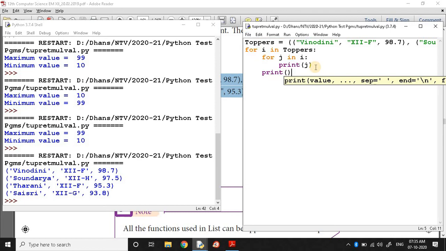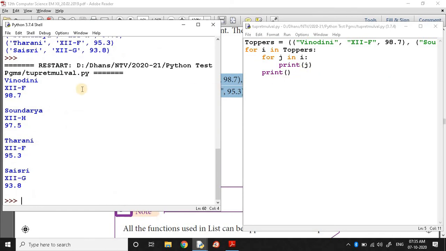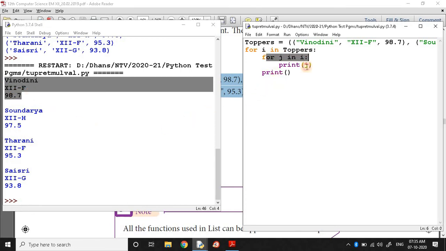What will happen? By using a nested loop, we can access the elements, that means the nested tuple values one by one.